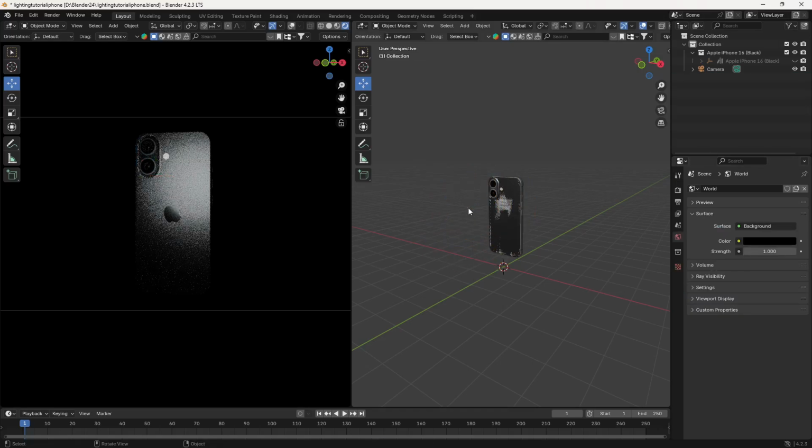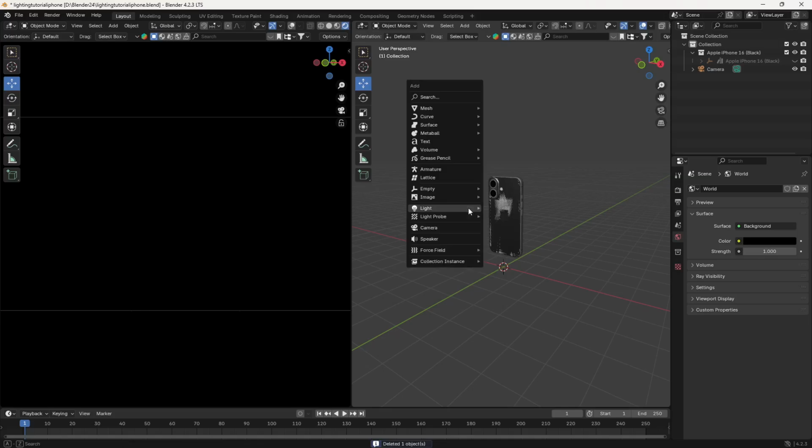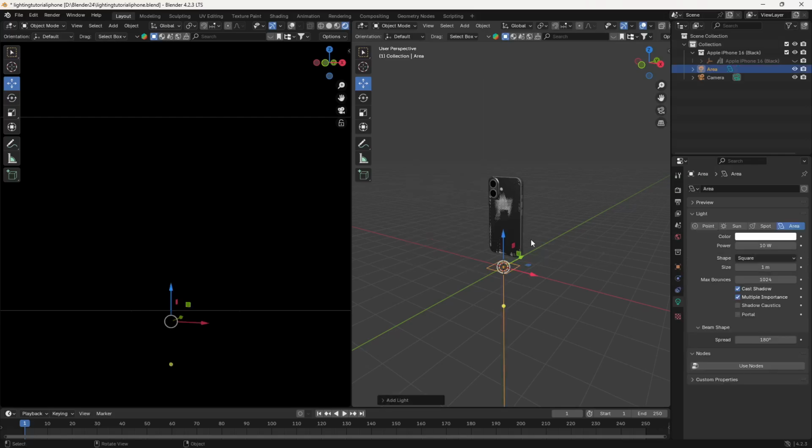What I use, let me show you that as well. If you press the Shift A key, there are two more lights here. There is a spotlight and there is an area light. We are going to look at the spotlight in a different lecture when we start the product visualization, but let's start with the area light right now. I can show you how you can quickly do a lighting setup. So let's take this area light here.